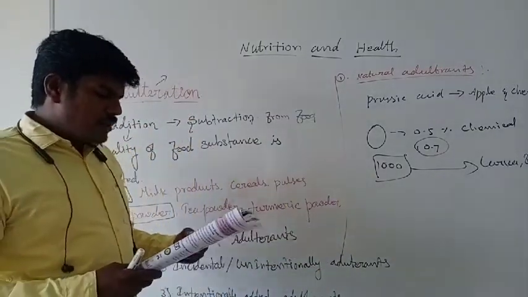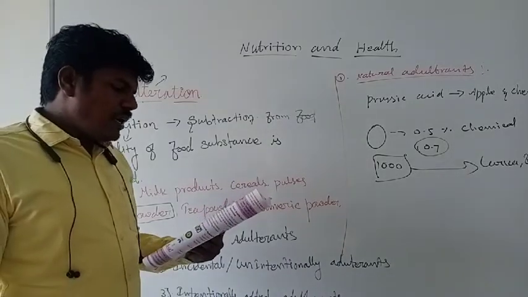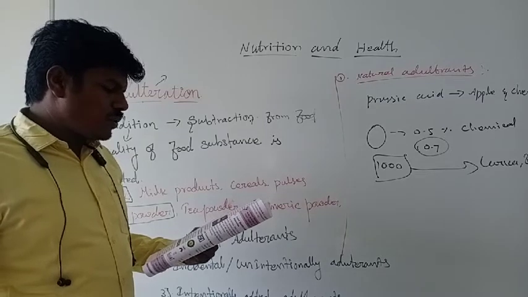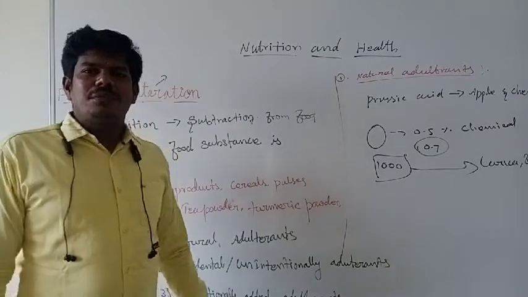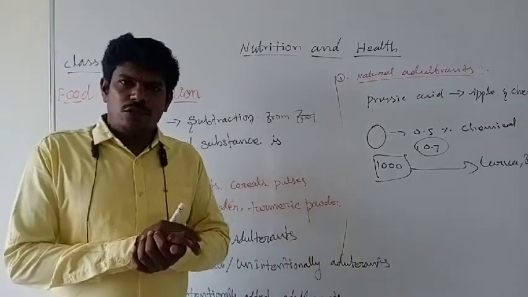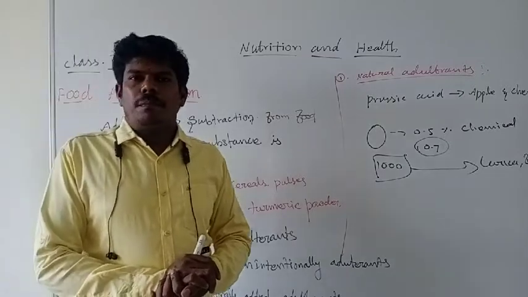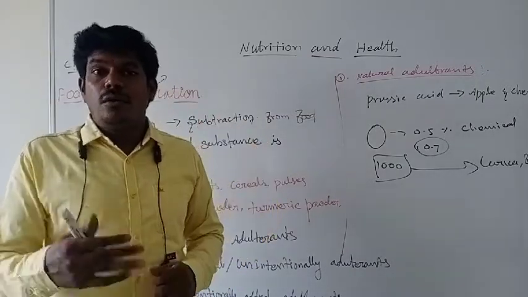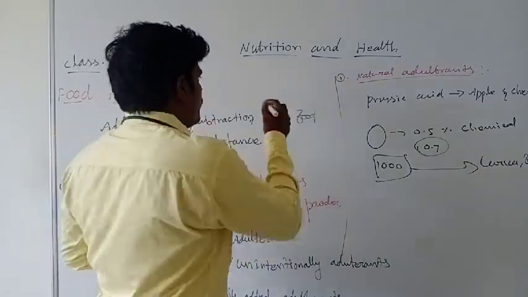And see the last one, edible synthetic wax like shellac or carnauba wax is coated on fruit like apple peel to give a shining appearance. See, that's a wax. Wax means what? That's மெழுகு அப்படினு சொல்லுவாங்க. மெழுகு போன்ற அமைப்பு சொல்லுவாங்க. Whenever you buy an apple, you want to check whether wax is utilized or not. How will you check that? எப்படி அதெல்லாம் check பண்ணலாம்? Just you see that apple,